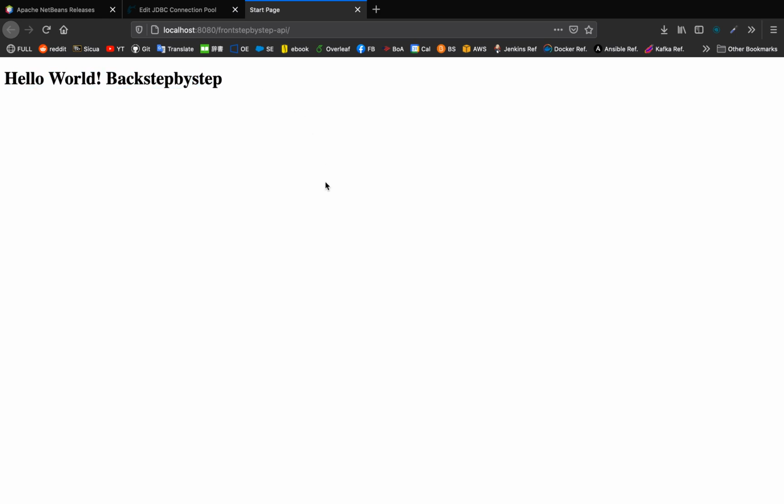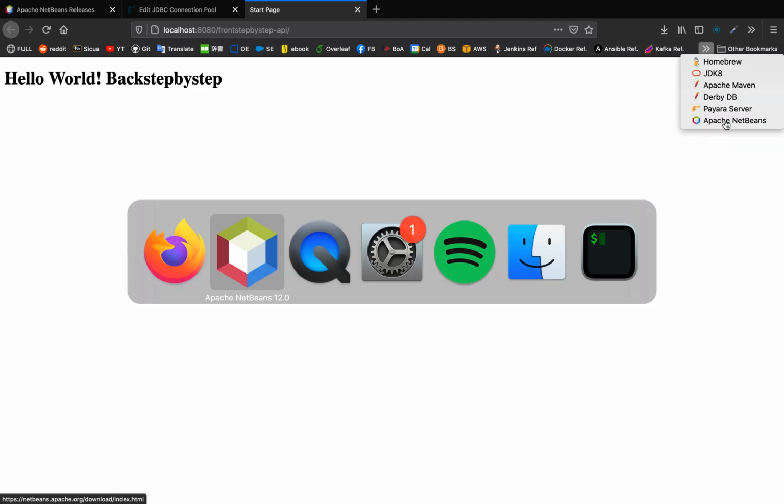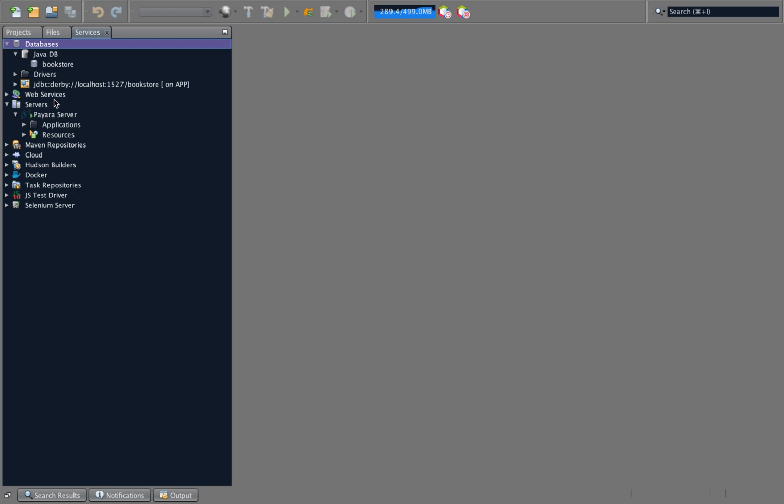Alright guys, so just in general, this quick summary of what we did. We downloaded Homebrew, the JDK8, Apache Maven, Derbydb, Payara Server, and Apache Netbeans, and then we configured the Payara Server onto Netbeans, and then we installed and created a new database in our NetBeans system. And then once we did this, remember that we moved two files from the Derbydb library, which was the derby.jar and derbyclient.jar. We moved them and we'll copy them into the Payara Glassfish library,